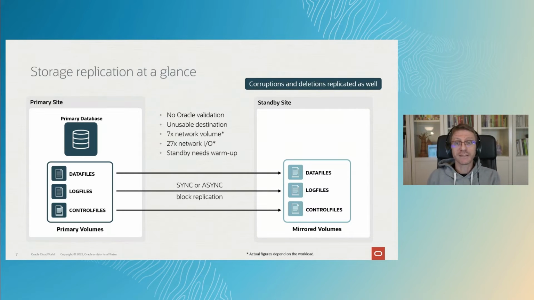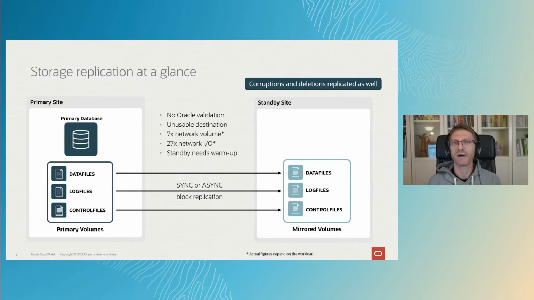And because the standby side resides on mirrored volumes, those volumes are not usable, so the standby database cannot run in any way, and it's not possible to verify that the copy is corrupted until we try to recover. And we will see that if the primary failed, we have no standby because the primary was corrupted and the standby was also corrupted. So this is a problem, this lack of validation,